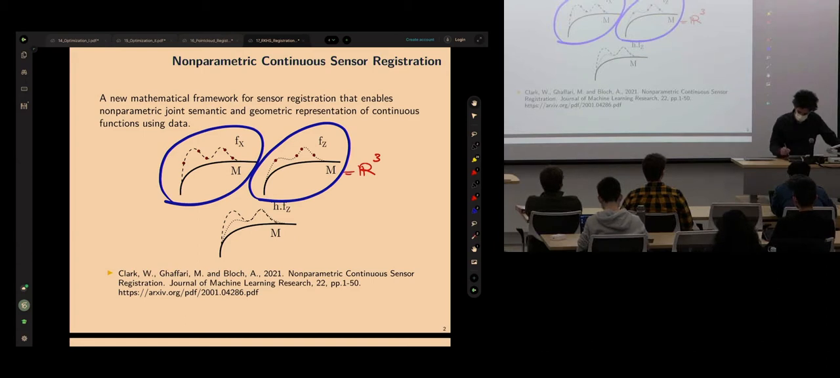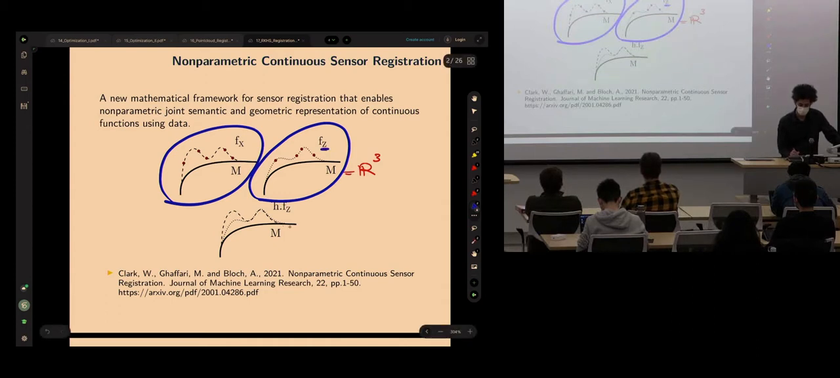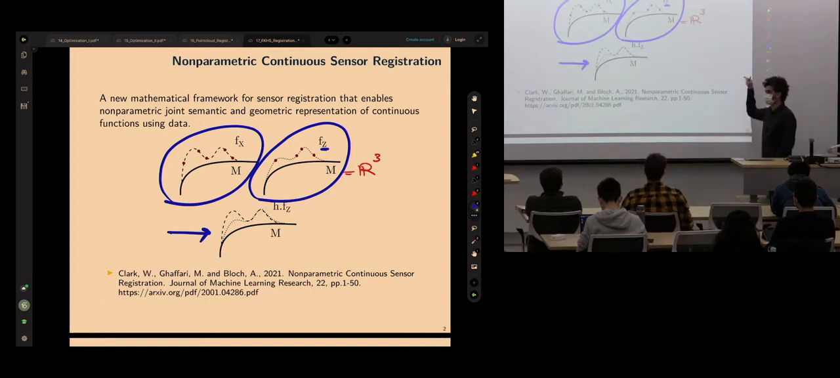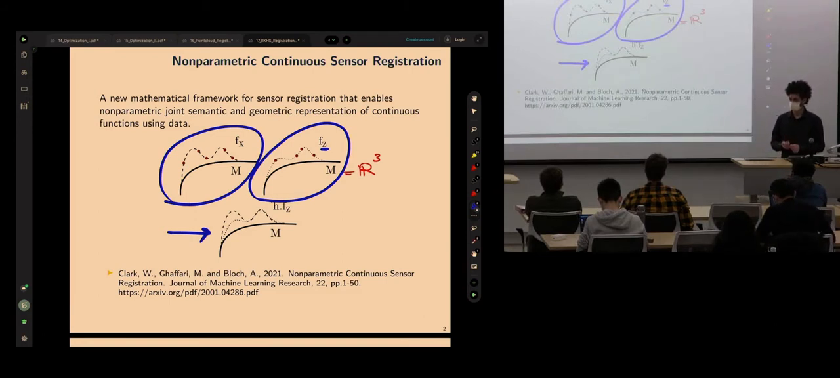So the goal is to find a transformation that when we apply it to this function, it results in the matched part for the overlapping part. There is a non-overlapping part that we do not know. So the framework is able to handle unknown correspondences,